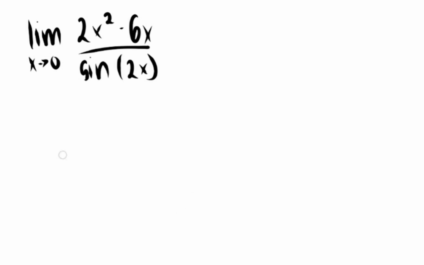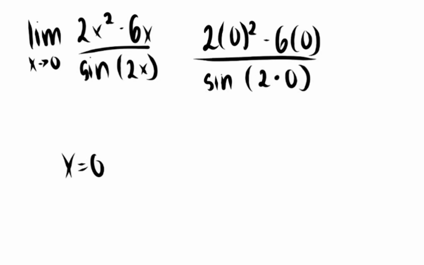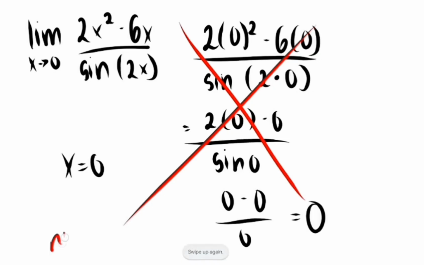So let's substitute x to 0. Let us now substitute the 0 into our given limit: 2 times 0 squared minus 6 times 0 over sine of 2 times 0. Next is the 2, which is multiplied to 0 because 0 squared is 0. Then minus 0 over sine of 0. The answer would be 0 over 0, because this is an indeterminate form,